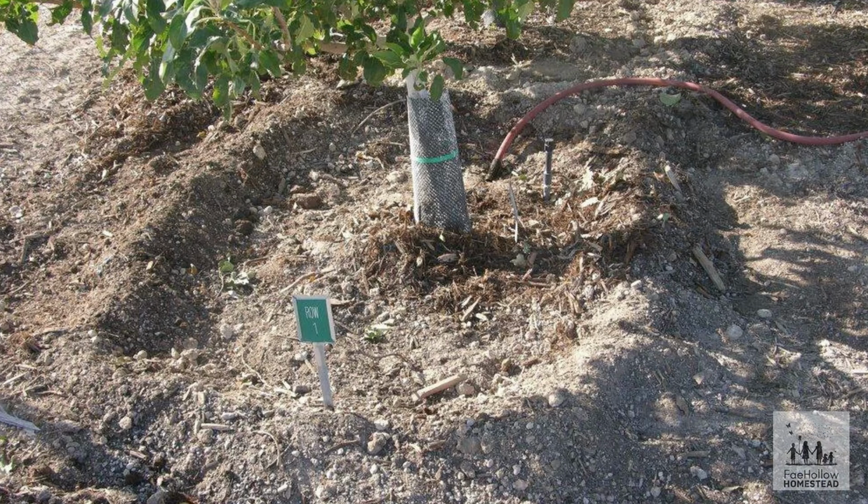And if you can't do that, you can create your own mulch basin just by putting mulch around the base of your trees in a wide manner. Keep it away from the base of the tree, right? You don't want to mulch right up to the base of your tree. But then create a rise out of it, almost like a donut, right? So your tree would be in the center of the donut. There'd be a flat area around it, and then around it there'd be a ring of mulch that comes up high enough, maybe 1 or 2 inches, so that when it rains, the water stays in there and it doesn't